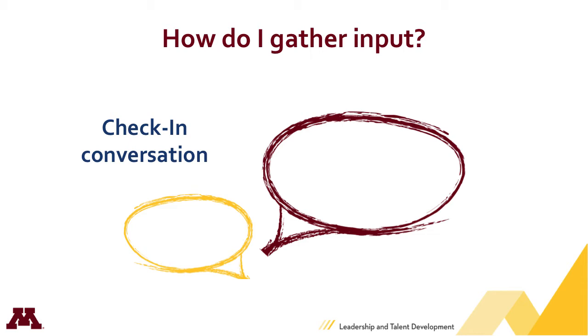All right, so gathering input can be as simple as a conversation like this. If Amanda talks with each member of her team about recognition, she'll get a good sense of whether this is an area in need of improvement. Maybe Amanda will learn that she's been making incorrect assumptions that her employees want public recognition, when in fact, they may want a personal thank you instead. And by the way, recognizing people for their accomplishments is a very important part of employee engagement.